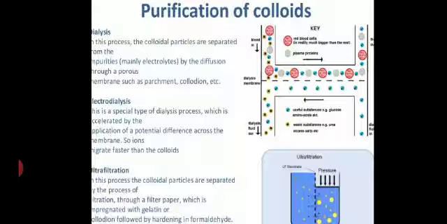Doing so, the crystalloids will pass through. The particles of the crystalloids can pass through ordinary filter paper, but colloids will remain inside. Parchment paper means a cellophane bag, or we can say an animal membrane bag. Crystalloids will pass through because the size of the particle is less than 1 nanometer. So they will pass through the cellophane paper or the parchment bag, but colloids will remain behind. In this way you can separate them.